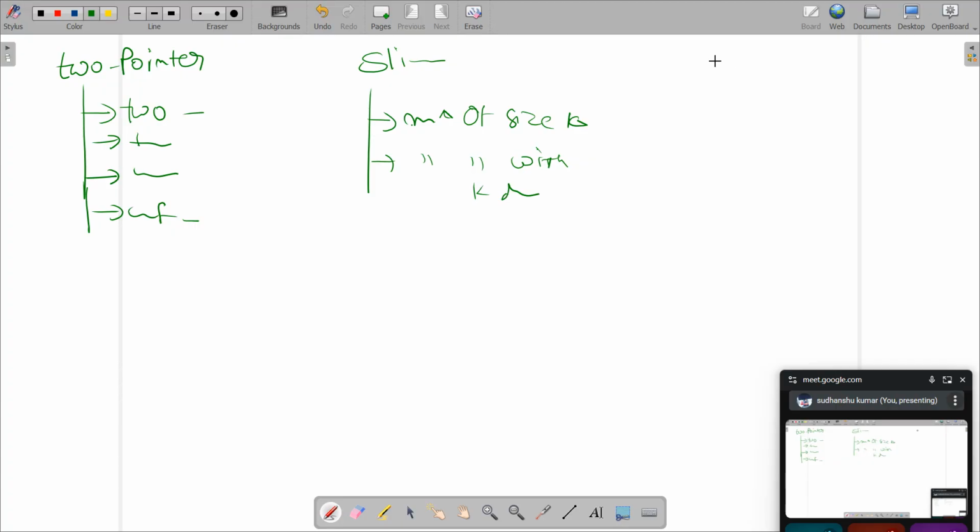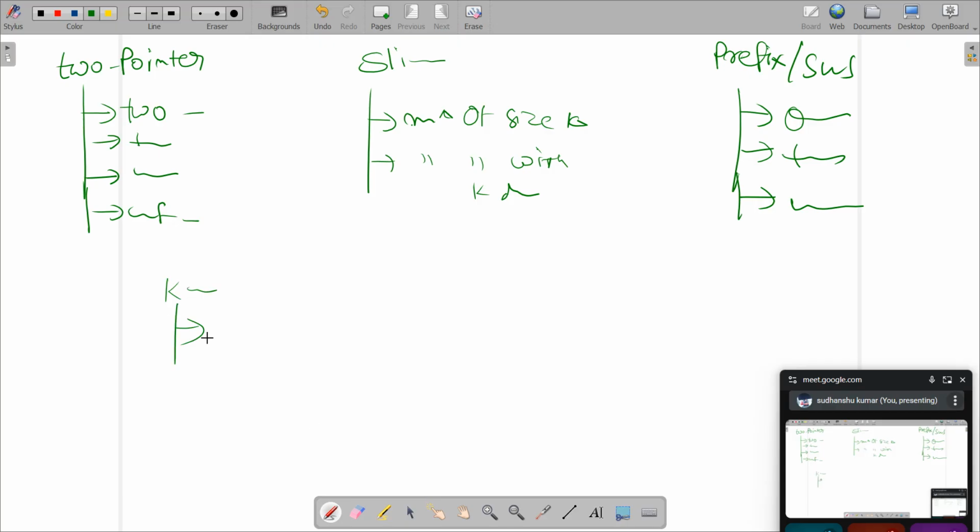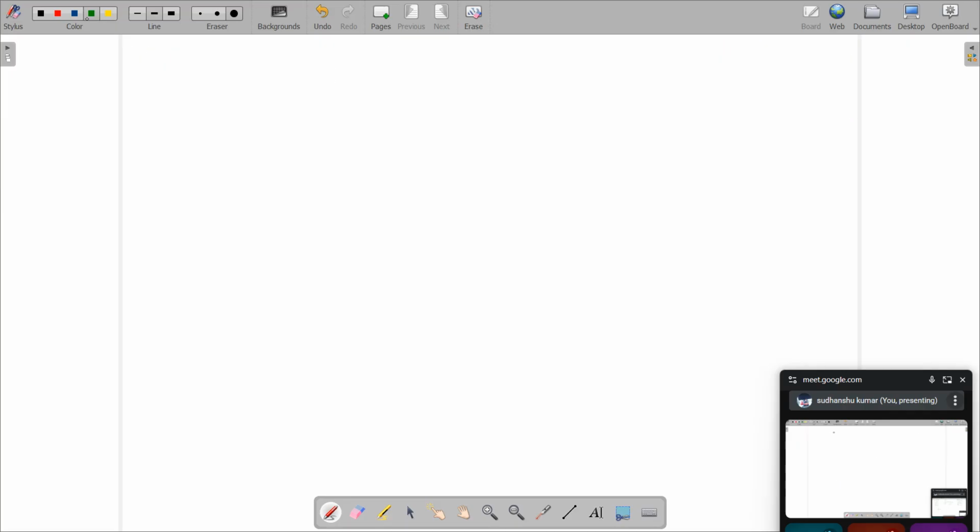Then we discussed the prefix suffix approach, the query sum problem, trapping rainwater, best time to sell a stock. Today we discussed Kadane's algorithm, and using it we also discussed the problem of maximum subarray sum without any size k. In between somewhere we also learned the concepts of subarray, subsequence and subset. Today we will discuss a couple more things, and then we are again going to go back to arrays itself.